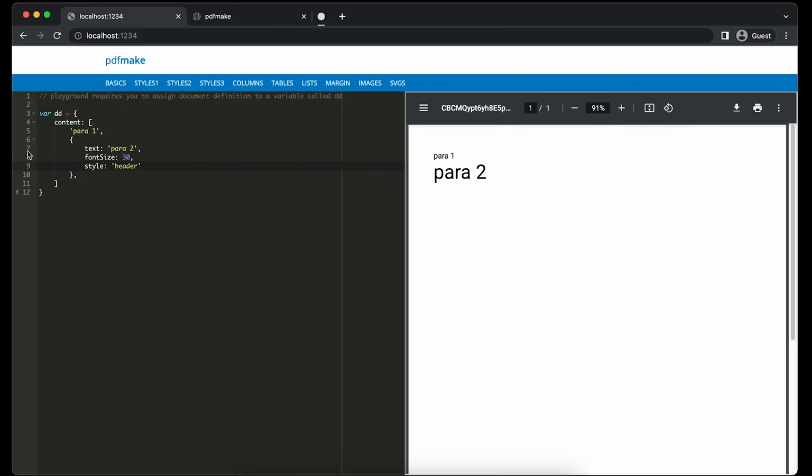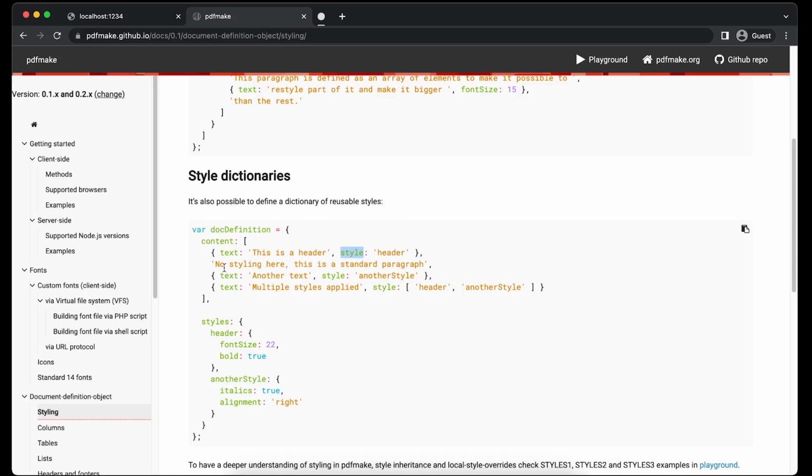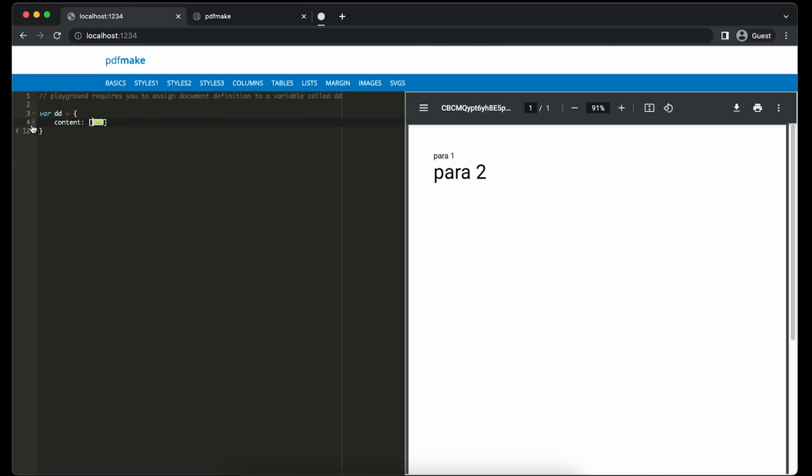So now you got a point. As far as the index is concerned, content has two values. So index 0 and index 1. There are two values. So an array always starts with 0, so 0 and 1. Okay, so now we have added a header. Now as we notice here, content and style, it's in the same level if you notice. So we'll just minimize the content and then we'll just add the